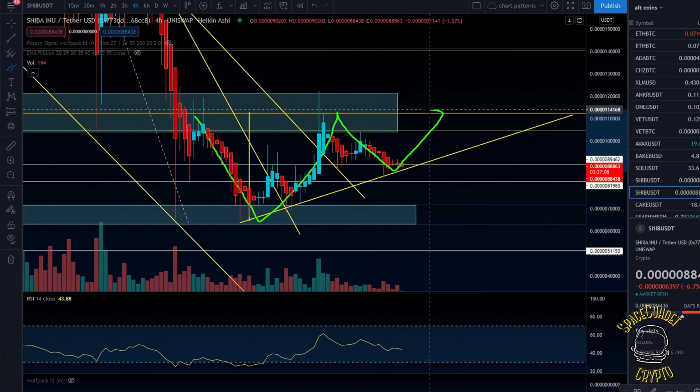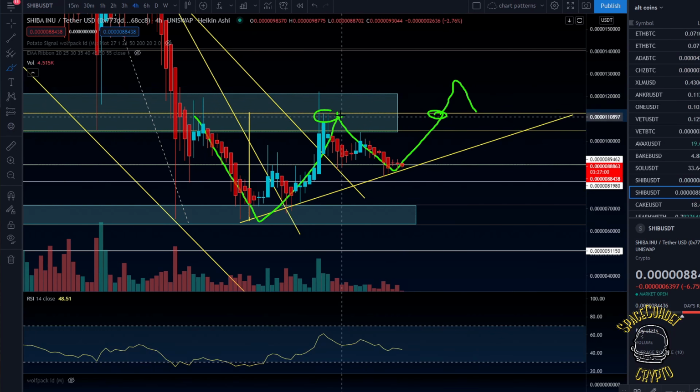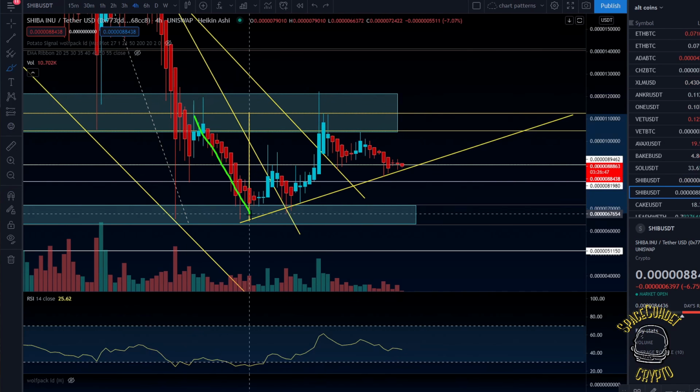So if we do manage to make it back up and retest this area, we could see the price move up, come back down, retest this area of resistance where we find resistance right here and right here. And also as support right here before we drop, and here as well. So if we do manage to flip this line of resistance as support and we create this W right here,